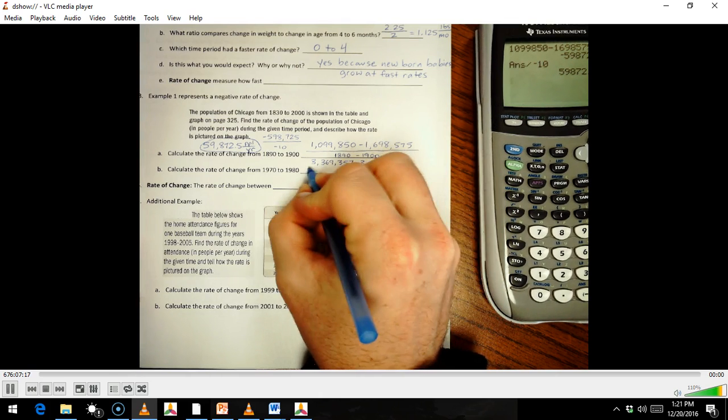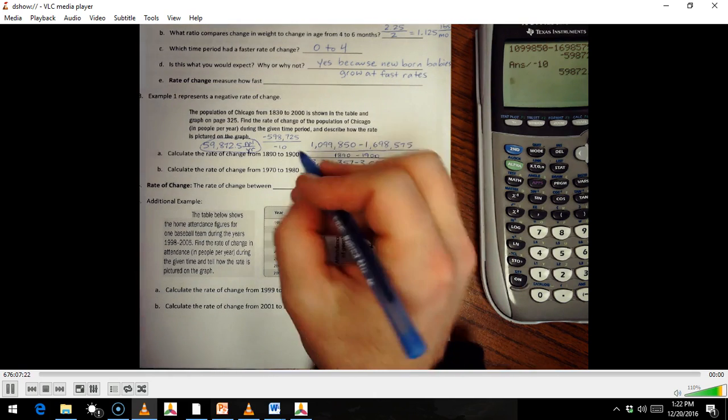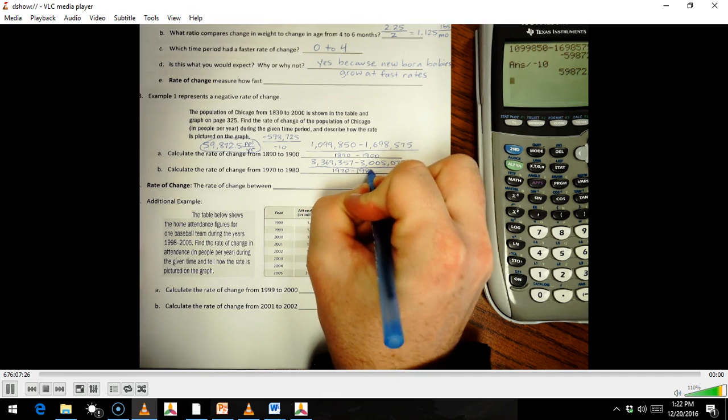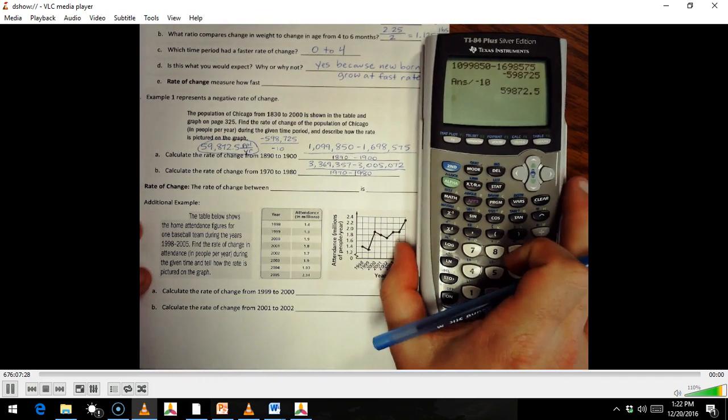My denominator is the same, 1970 minus 1980. So I'm going to calculate, like I did with 3A, 3,369,357 minus 3,005,072, and that gives me